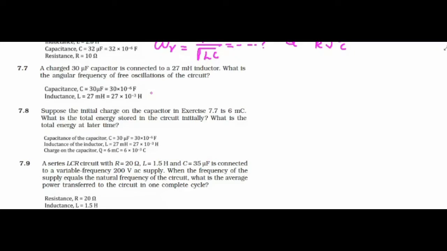Then what is the angular frequency of free oscillations of the circuit, which means natural frequency you have to calculate. Again the formula, natural frequency of the circuit, omega naught is equal to 1 by root LC. Natural angular frequency only you need to calculate. So substitute the values, you will get the value of natural frequency. Then question 8, initial charge